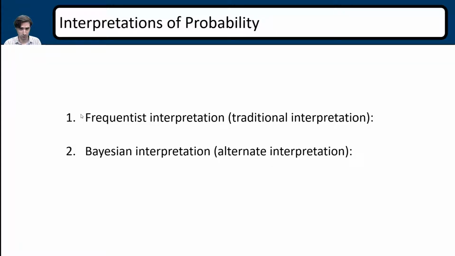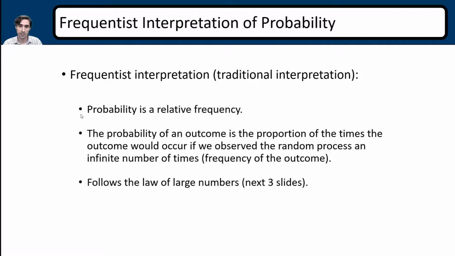I'm going to breeze over this part real quickly, but you need to know that there are two types of interpretations of probability: the frequentist interpretation and the Bayesian interpretation. Both of these follow basically the same general rules. However, Bayesian is a little more modern in the idea that it takes into account that every other individual is also looking at the same probability. We'll go a little further into this, but I want to skim through it because this isn't fully what you're being tested on. It's more the foundations of it.